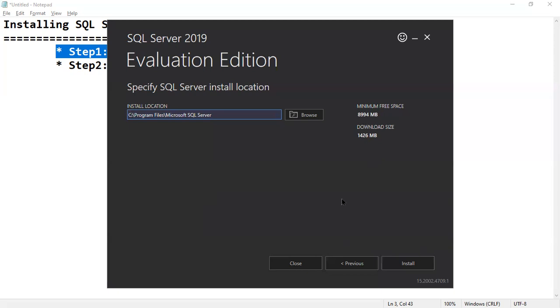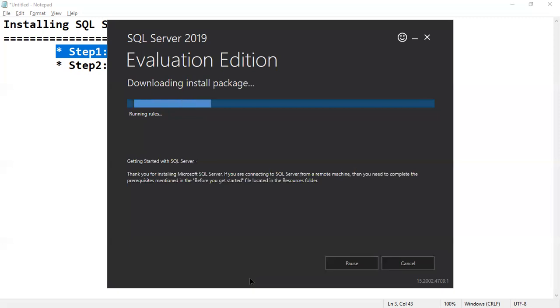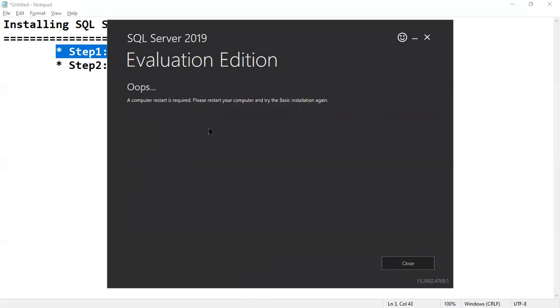It is a two-step process: just click on install, first it will download the software, and once it is downloaded, it will start the installation. First, it is downloading the package.